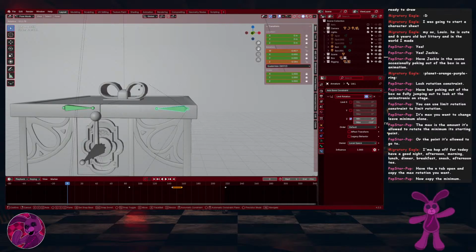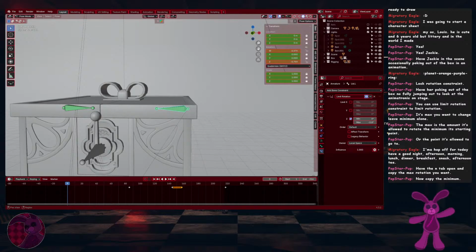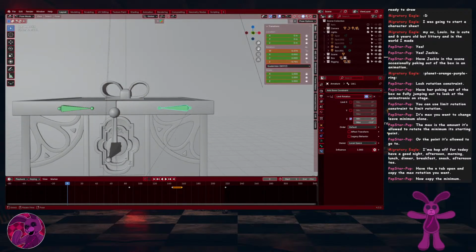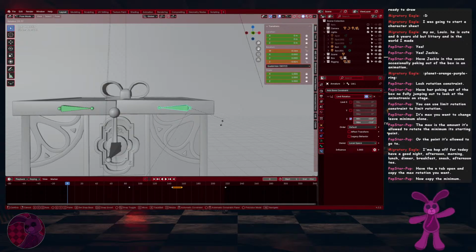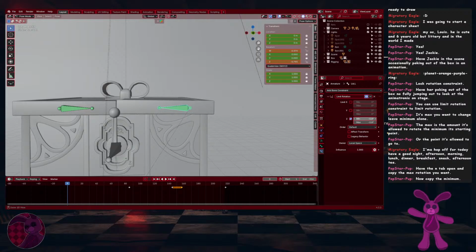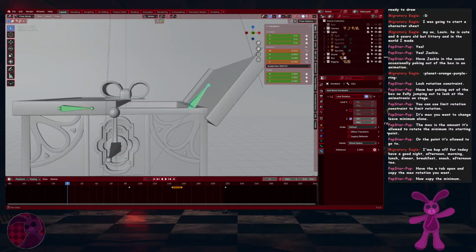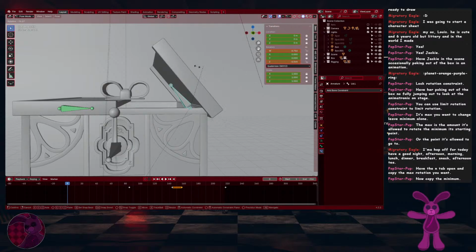Yeah, but then it's still not going. What's happening here? I'm so lost. Now copy the minimum, which should be where it's at right now. Very well. What's happened? Okay. So if I do that and then